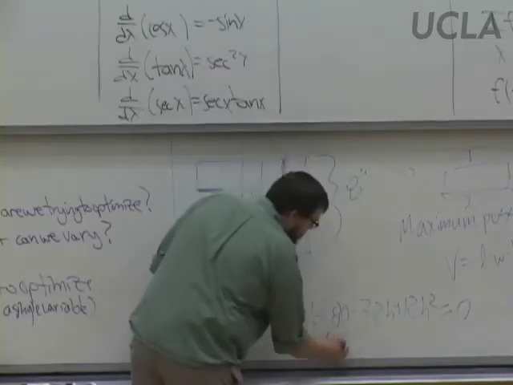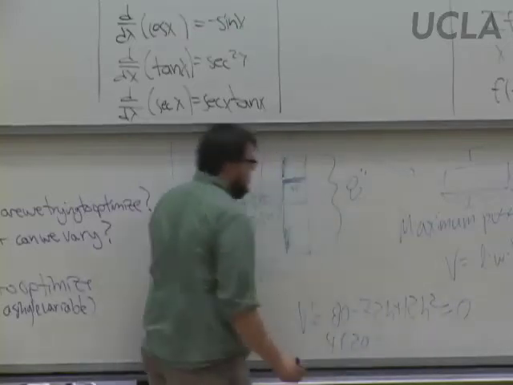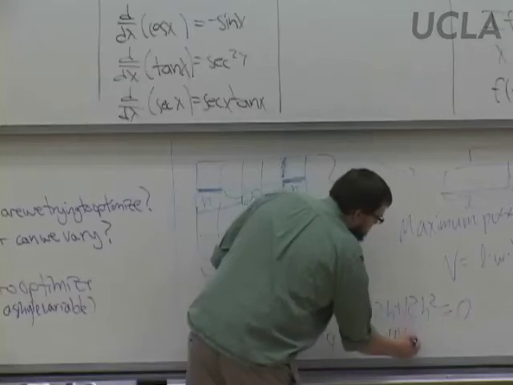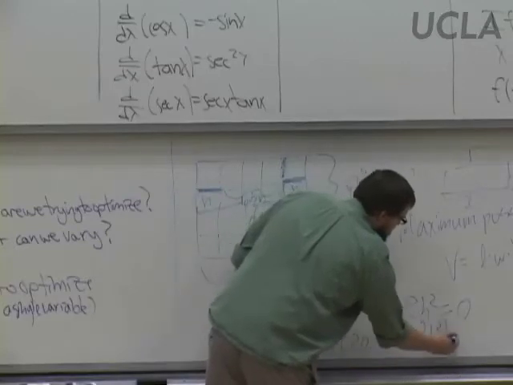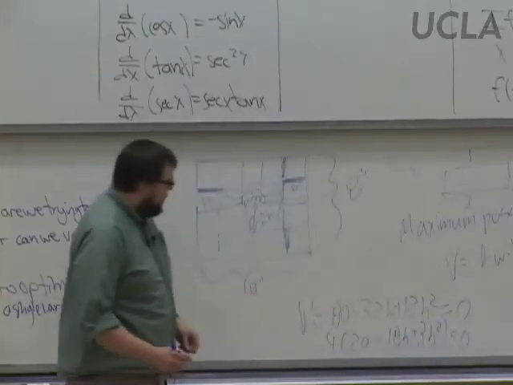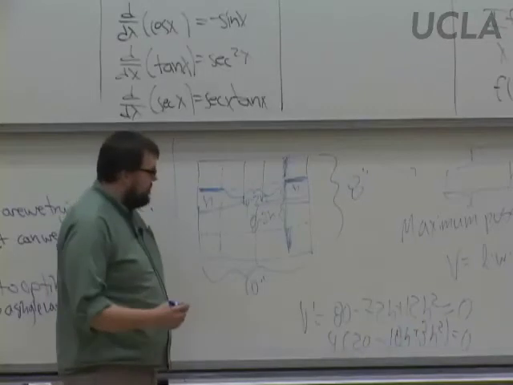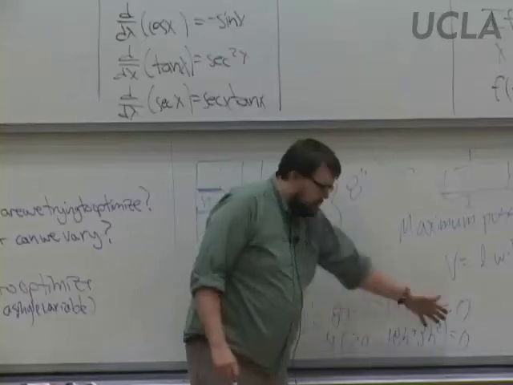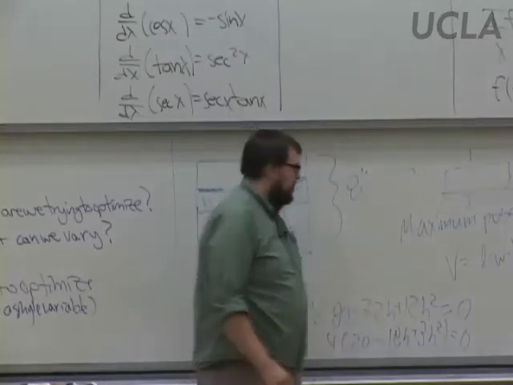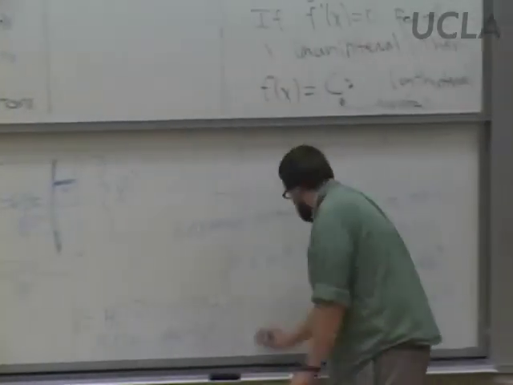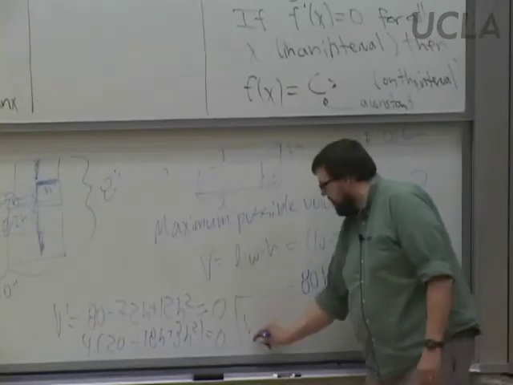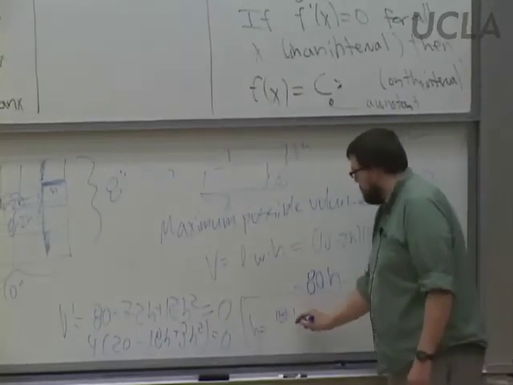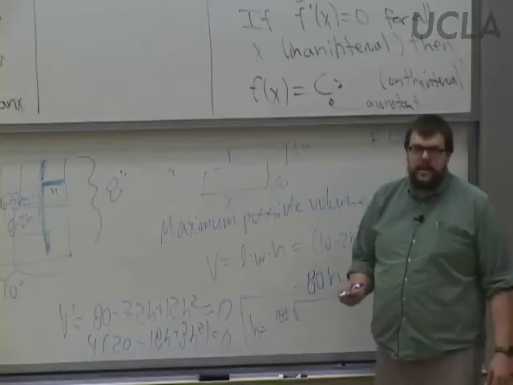So, for instance, this is 4 times 20 minus 72 divided by 4 would be 18h plus 3h squared. But then you have to try to factor that. And if you can't factor, most of the time you probably can't if it's just a random thing, then you would use the quadratic formula for this. So you'd end up with something like h is negative b, which is 18, plus or minus the square root of b squared. 18 squared is,